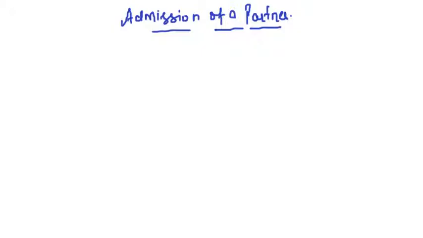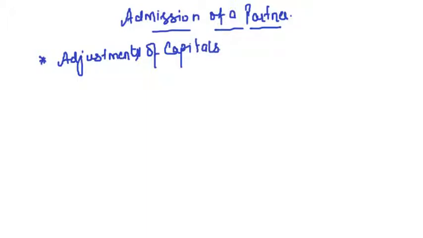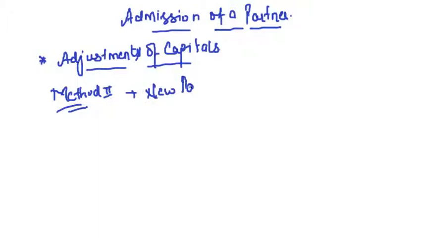We were discussing adjustment of capitals in admission of a partner. Adjustment of capitals. In the last lecture, we started with method 2, where the new partner brings capital according to the capital of old partners, so that the capital of all the partners is proportionate to